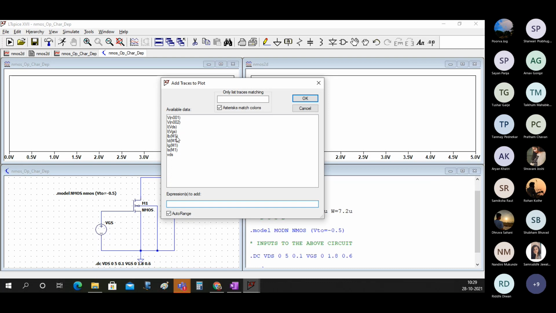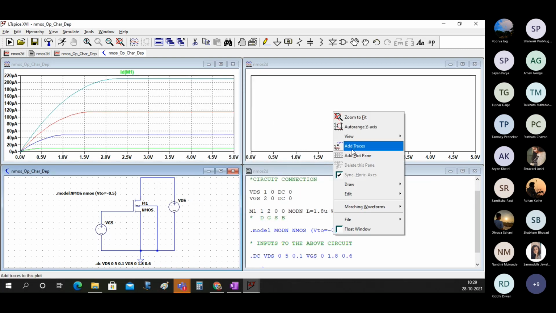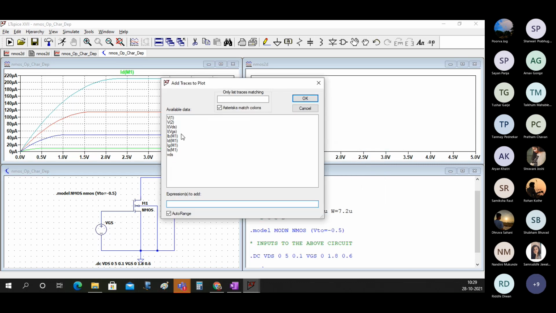Now here also we will plot ID, and here also we will plot ID.